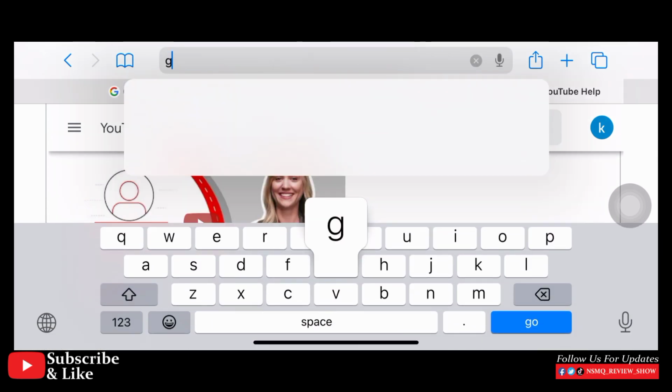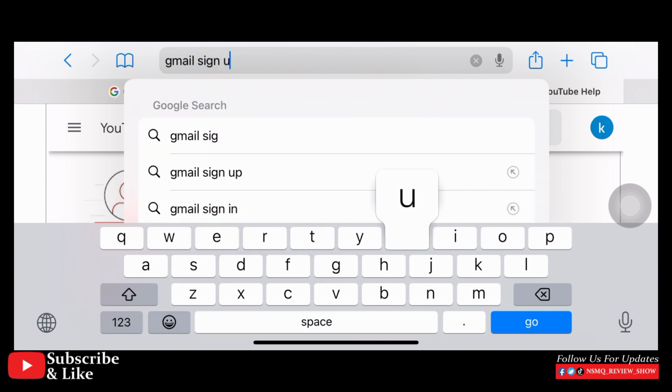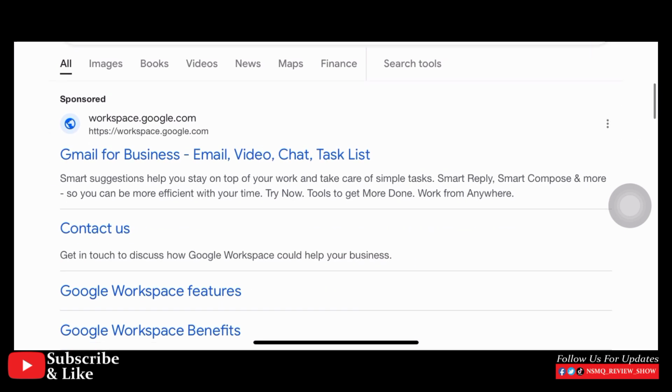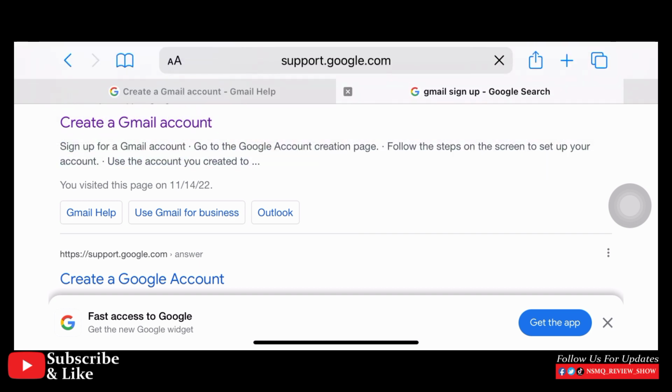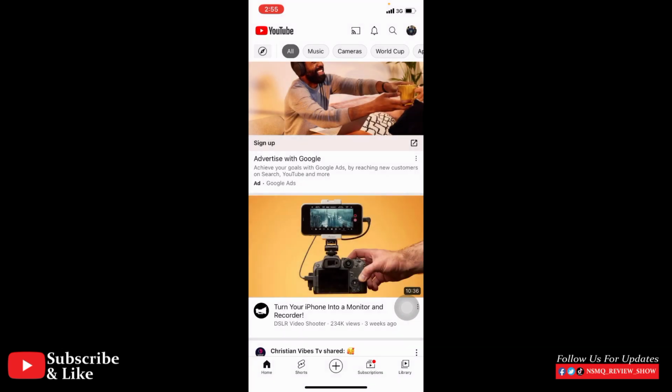Okay, so creating your YouTube channel on your mobile device is as easy as that. All you need is to create a Gmail account, which is free. So just go to your website and then type Gmail, create account, and then create your own account. It's free. Then you come back to your phone and open YouTube when you are done creating your email,